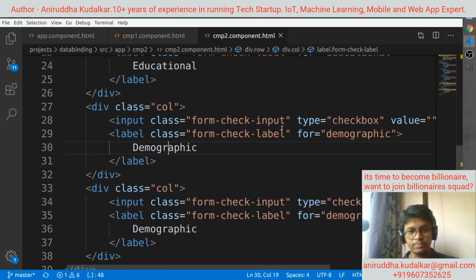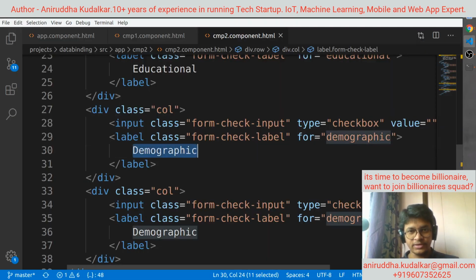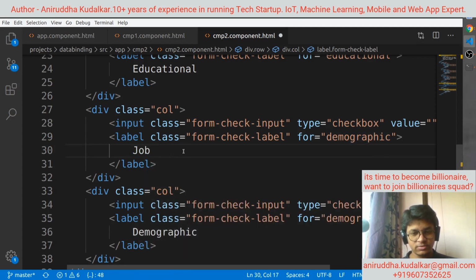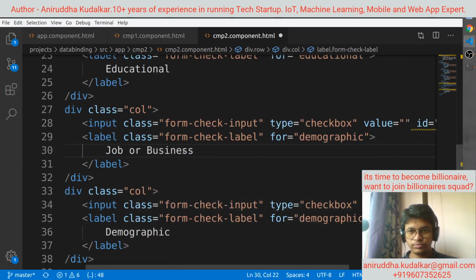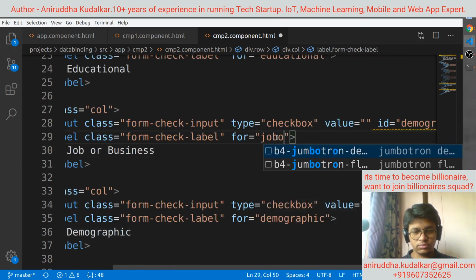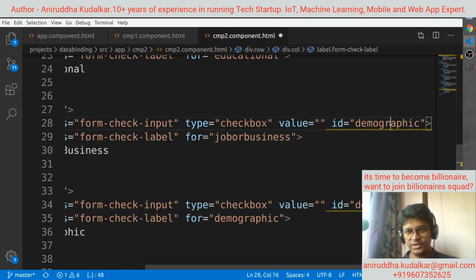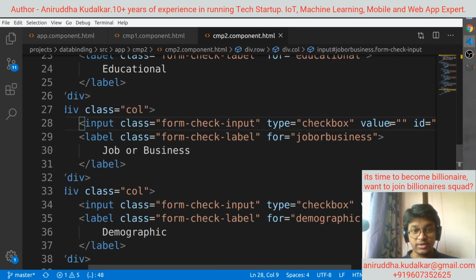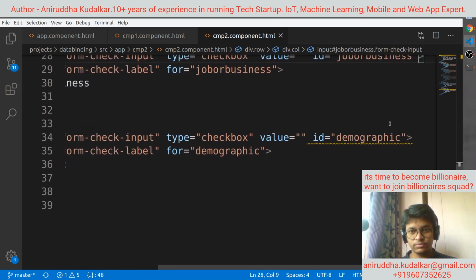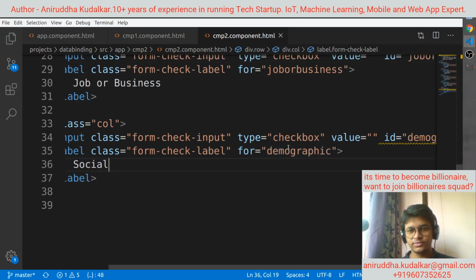Then your job, or you can say this is a job and this is a social. Here I can say job and business, job or business. If you feel that, you will get the next thing. If 3 are there, and this is what, social activities. If you have entered